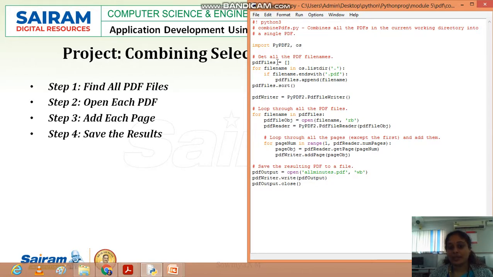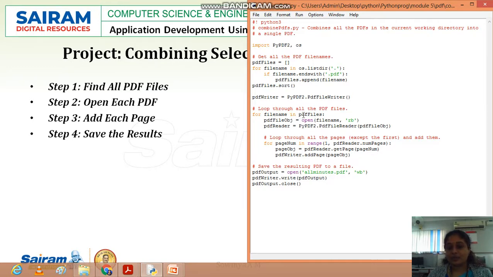Then create a PDF files list for all the file names in os.listdir. If the file name ends with .pdf, then the file name is appended to pdfFiles. So pdfFiles will be appended with the file names which all have the .pdf extension. So pdfFiles.sort will sort all the PDF files in alphabetical order. Then for the PDF writer, we are creating an object. PyPDF2.PdfFileWriter is a function for creating the writer object.